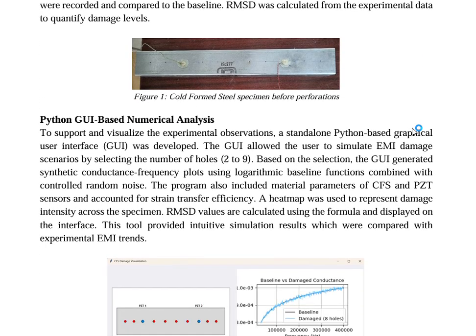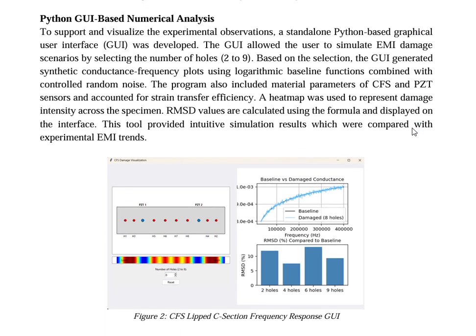Now let's talk about the cool part, our Python GUI. We designed a graphical interface that simulates how EMI responses change as damage increases. The GUI allows the user to select how many holes are present, that is 2 to 9, and generates conductance frequency